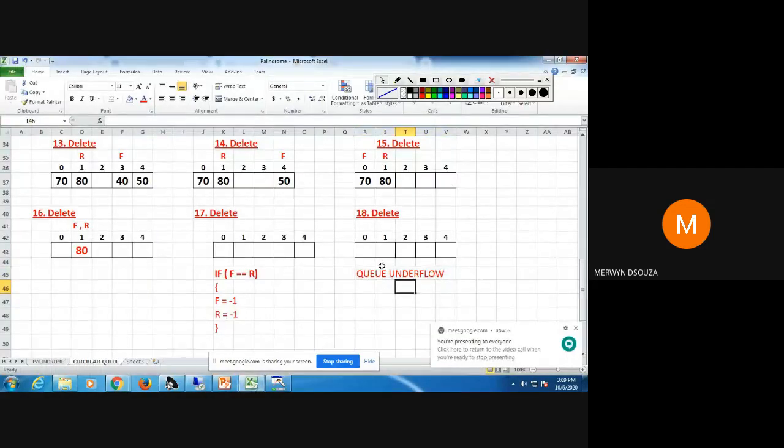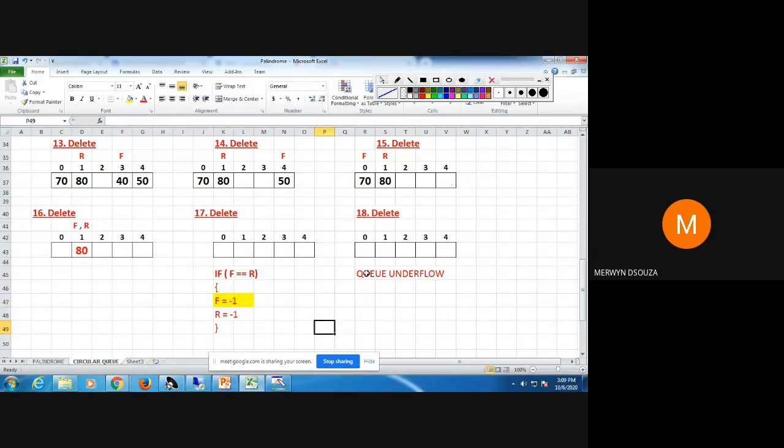See, it's a continuation. Now I'm just showing you in continuous form to make it easy for you. So in step 17, your queue becomes empty. Again, I'm telling you to delete from the empty queue. Here, you have already made the value of front equal to -1. Correct? Here I just highlighted. If there's going to be a queue underflow, what will be the value of front? The value of front will be equal to -1.